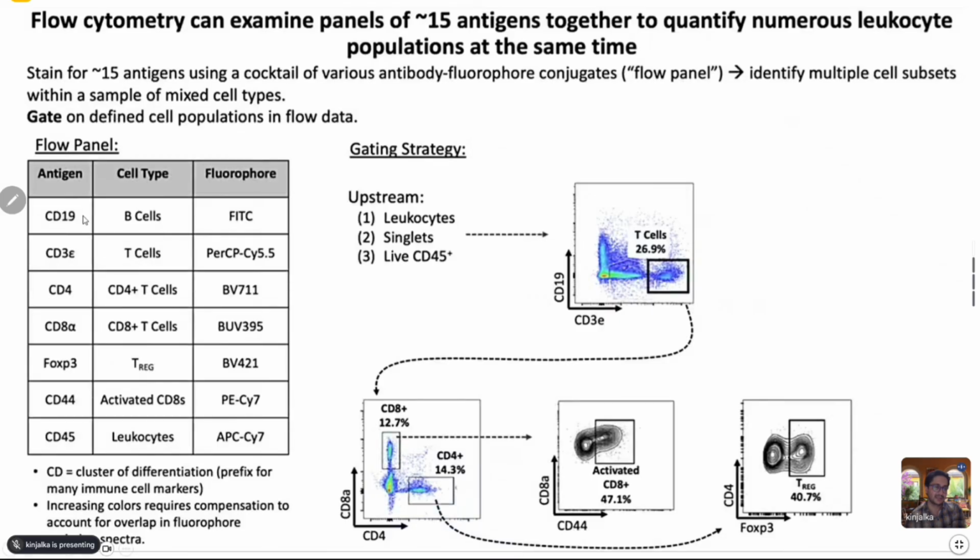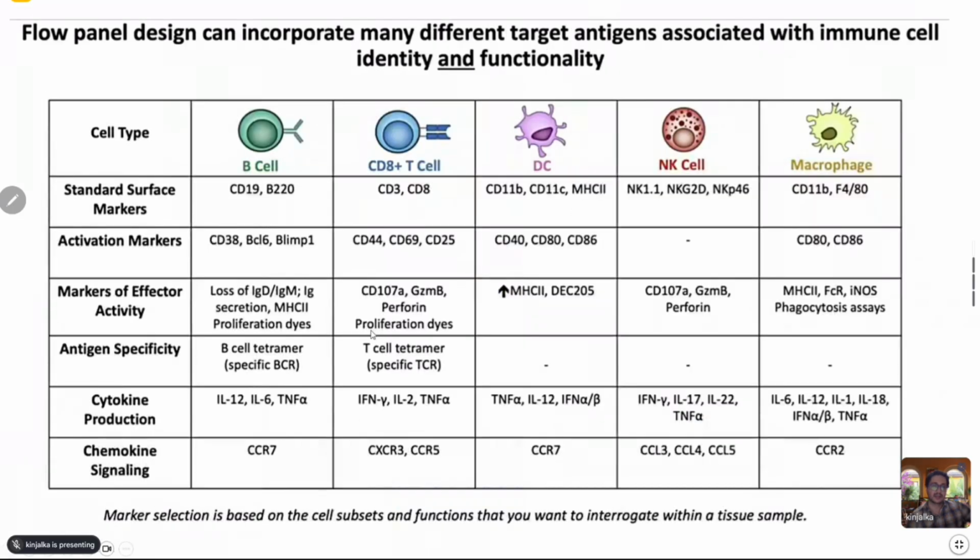So you can see here, CD19 is a marker for B cells, CD3 is for T cells, CD4 is for CD4 positive T cells. And these are the different fluorophores that they have used. CD44 for activated cytotoxic T cells, and so on. Right. So there is a whole list. These are commonly used ones. I mean, the list is much more extensive than this, but commonly used ones are this